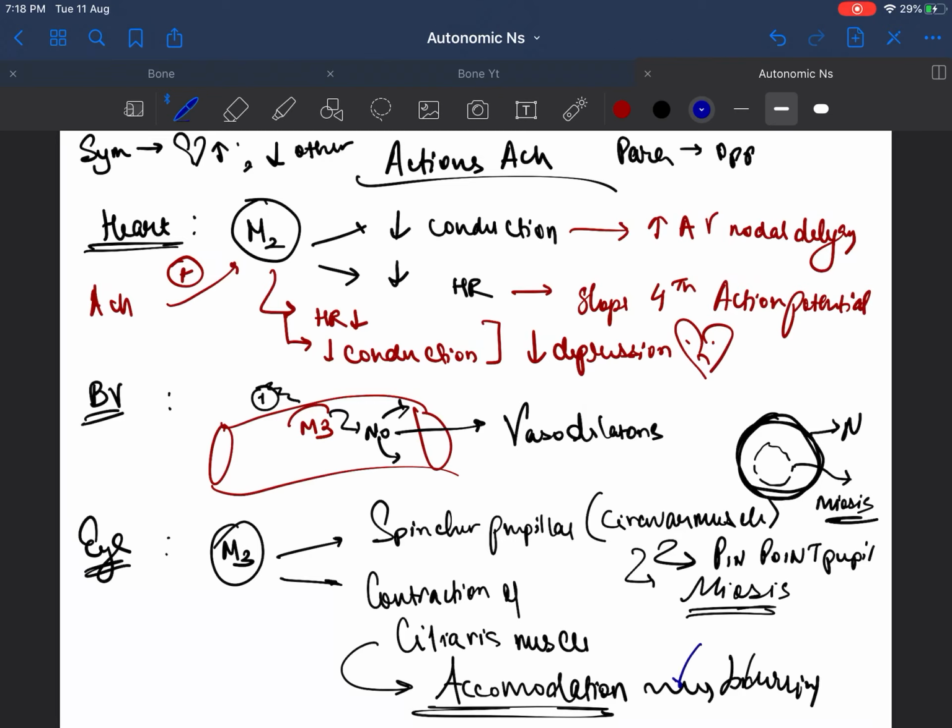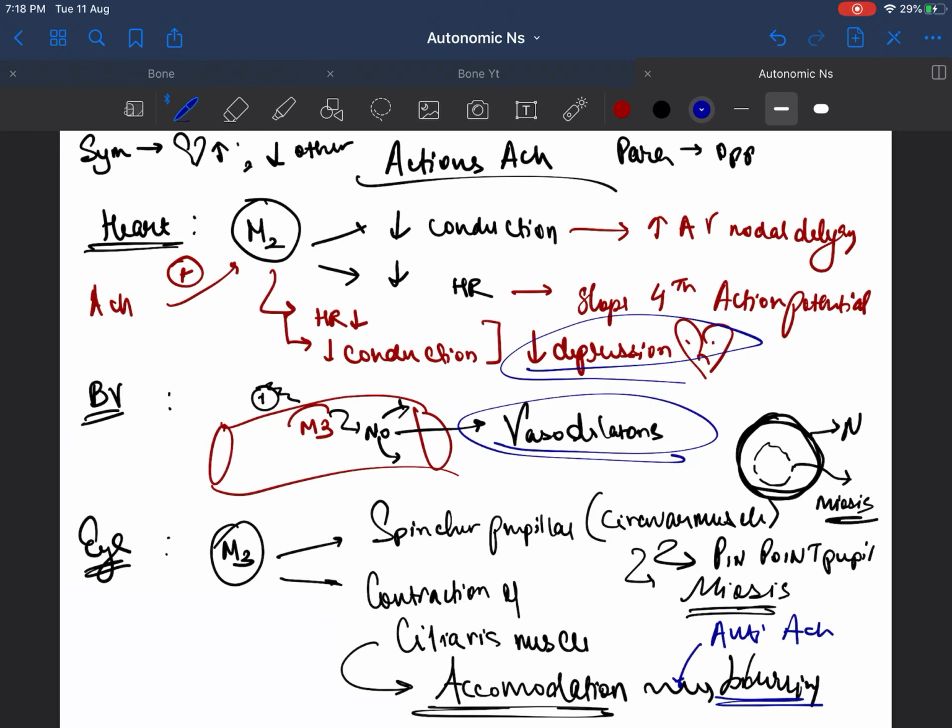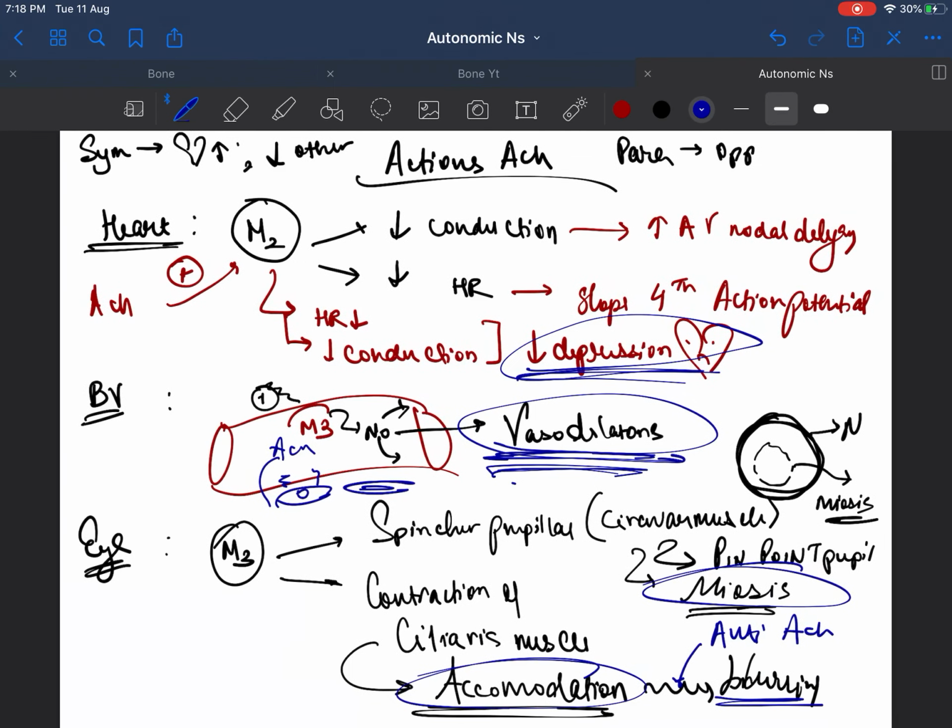If you put an anticholinergic drug here, anti-ACH drug here, then it will lead to blurring of vision, which is a very big problem. So we have discussed the heart, there is depression of the heart. We have discussed the blood vessel, vasodilation. In some conditions, vasoconstriction. If the endothelium is, for example, broken, this acetylcholine can actually go and stimulate the muscles here, and it will lead to vasoconstriction in very rare cases, but it's actually vasodilation in most cases. Depression of heart, vasodilation. In the eye, there is meiosis and accommodation.